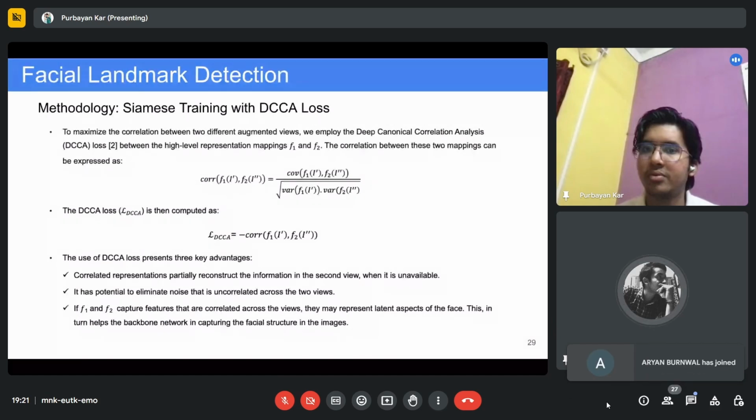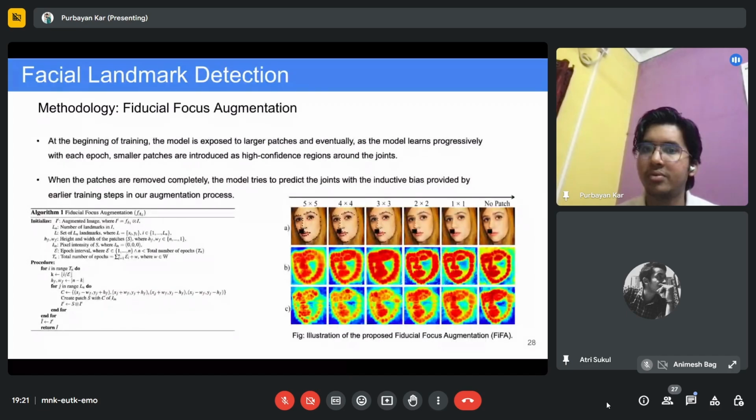Okay, there is another question. Why do we need to reduce the patch size step by step, not all at once? Okay, very nice. So let's say if you do this all at once, at the very next epoch while the model is being trained, it will completely get out of control, like where to focus exactly.